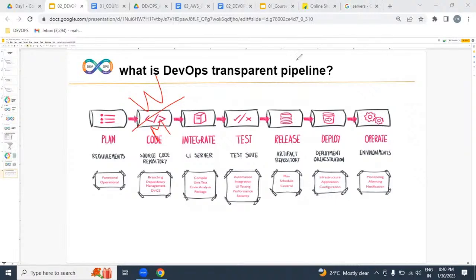But next question: how many developers are writing? Not one developer. N number of developers, it may be 10, 20, it differs team to team and project to project. Developers continuously write lines of code from morning to evening.